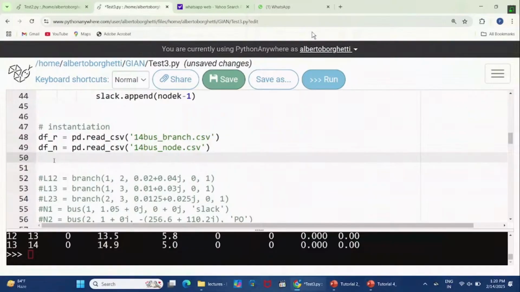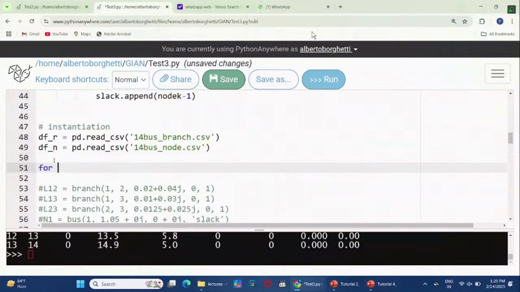So I will put just a for loop, and then I say i in range, and then we can put here the length, and the length is for the data frame R, so df_r,